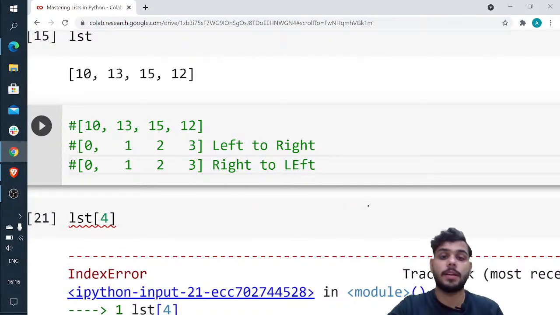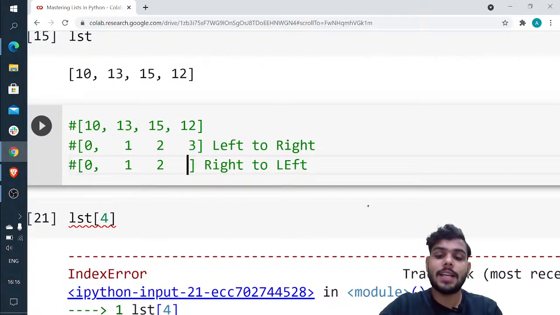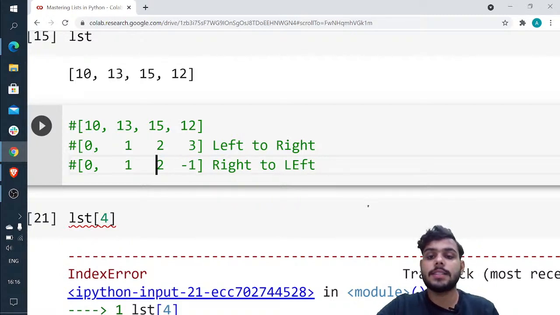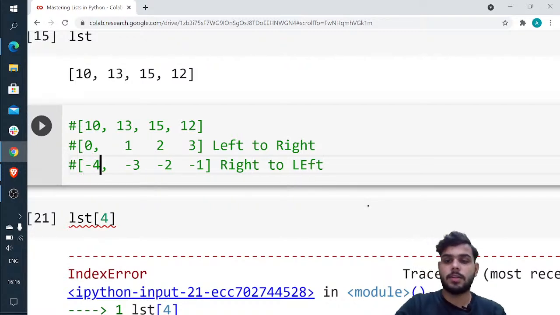Let's see what will happen if you are going from right to left. To access the last element, we need to write -1. To access the second last element, you need to write -2, -3 and -4. Okay, this is how we can access the element